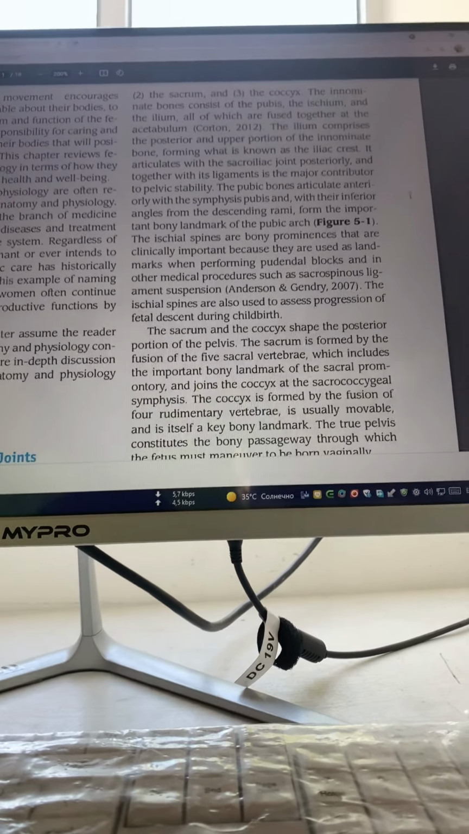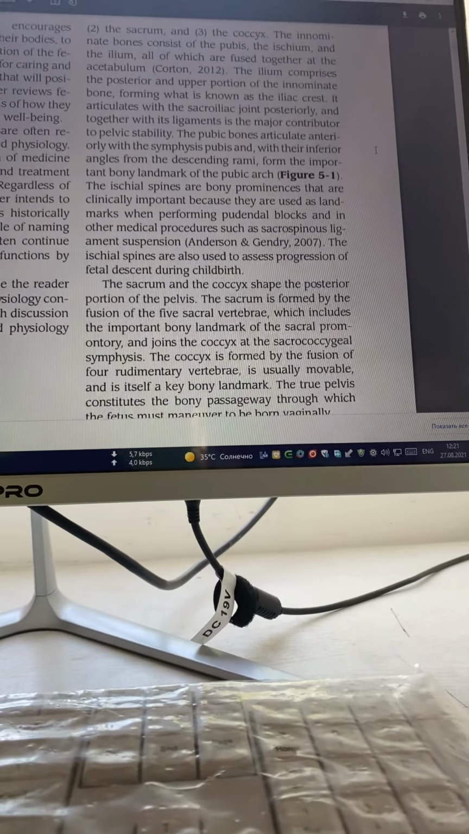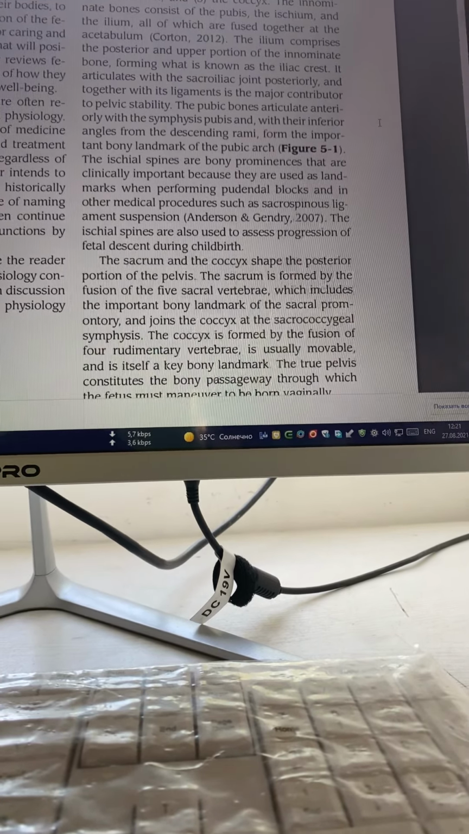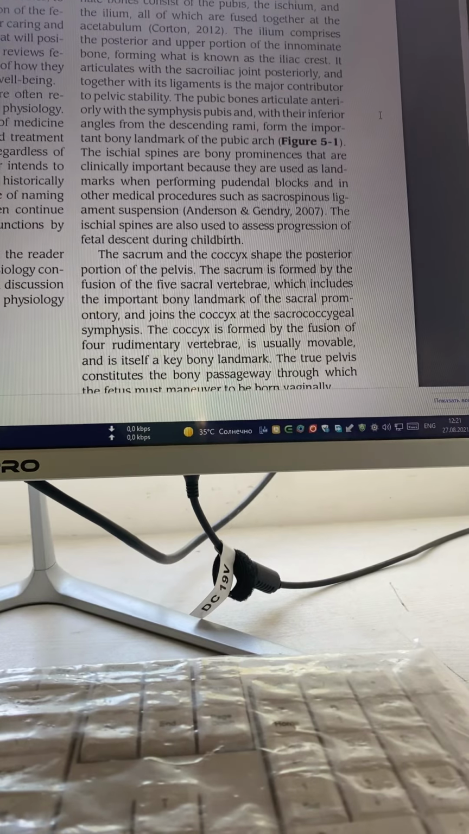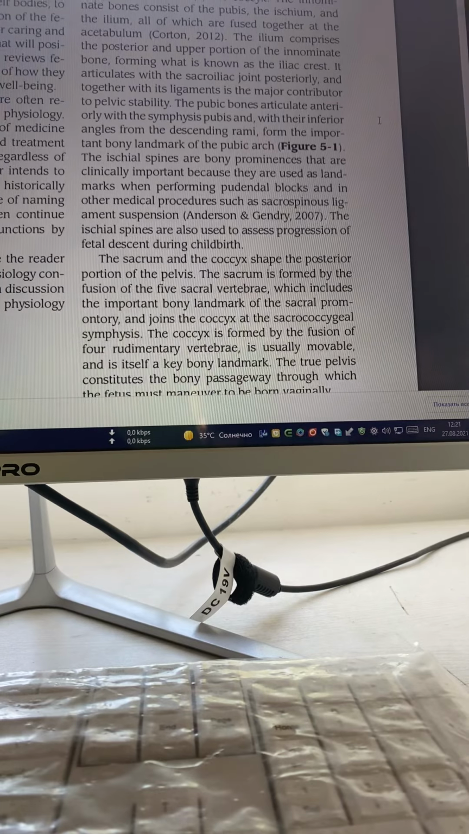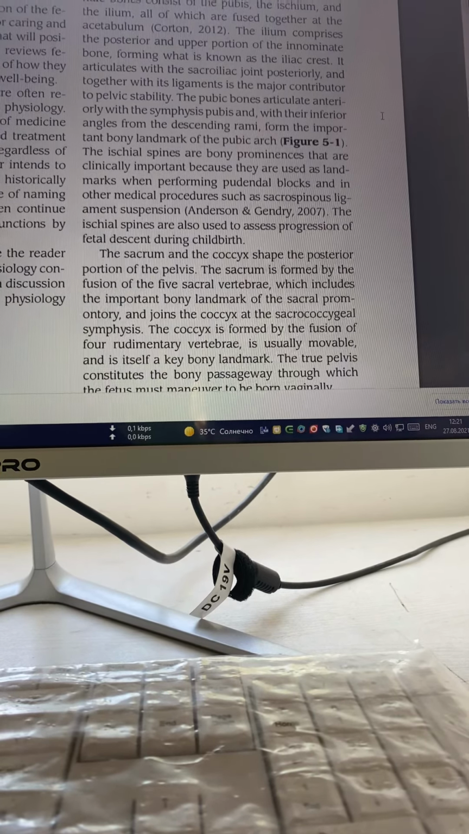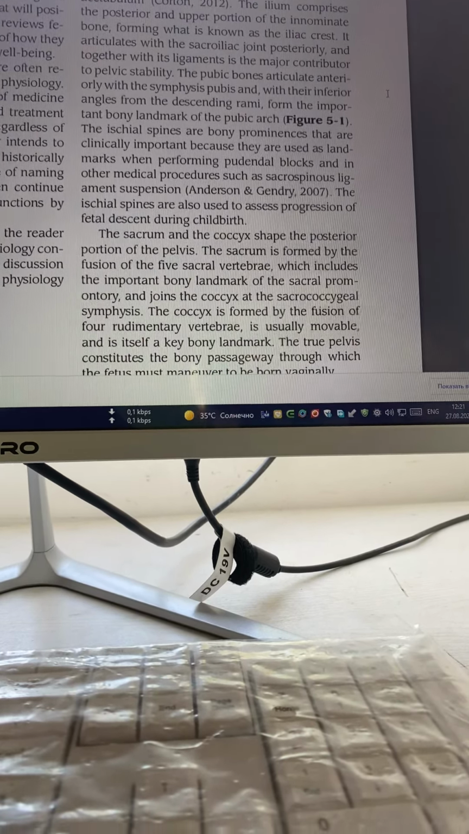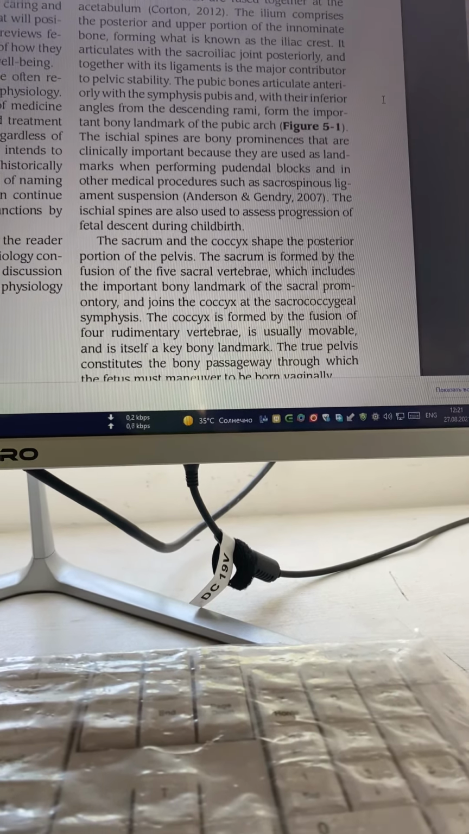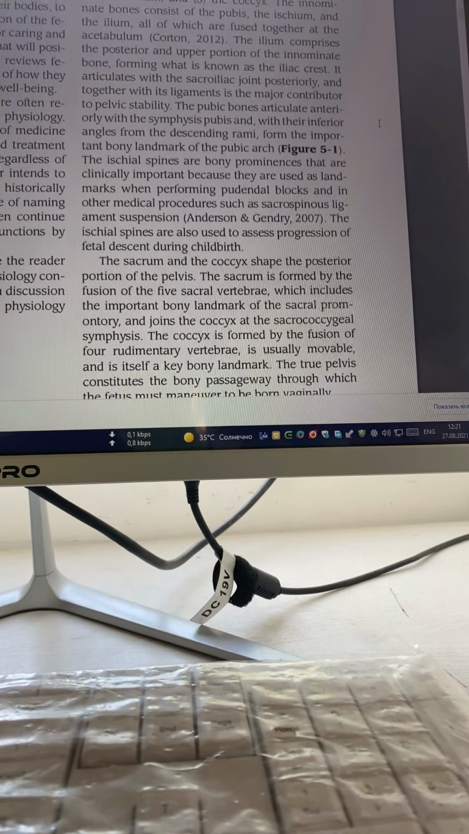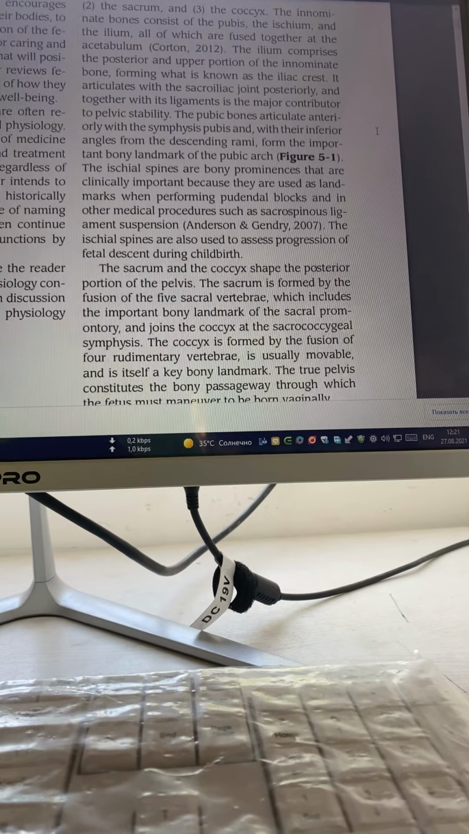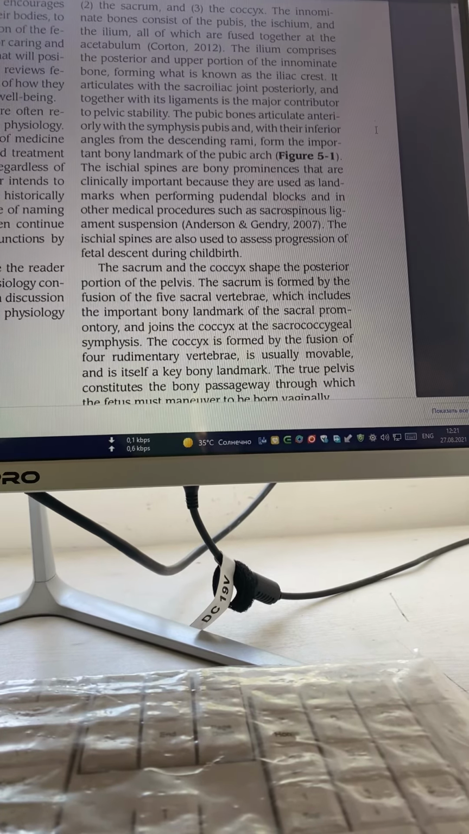It articulates with the sacrum at the sacroiliac joint posteriorly and, together with its ligaments, is the major contributor to pelvic stability. The pubic bones articulate anteriorly with the symphysis pubis and with their inferior angles from the descending rami form the important bony landmark of the pubic